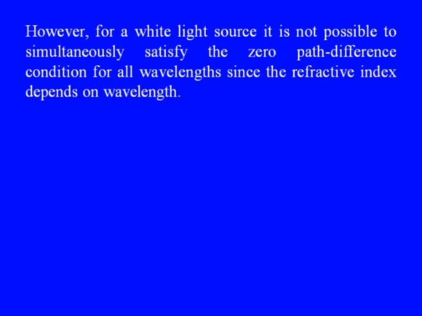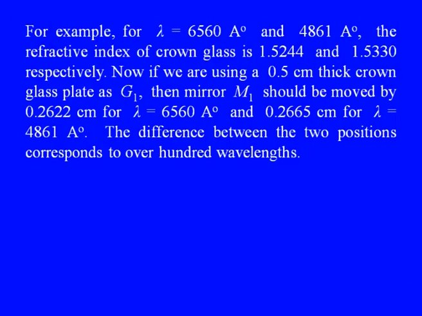But this by itself is not possible, because the optical path difference, depending on the refractive index, depends on the wavelength. It cannot be compensated for all the wavelengths at the same time. Let us see that. For a wavelength of 6560 angstroms and another at 4861 angstroms,